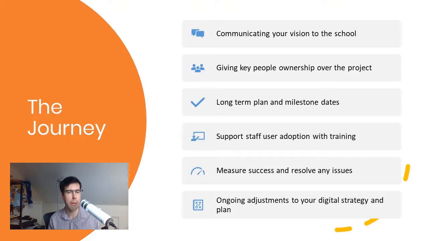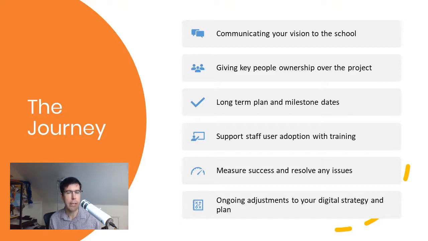they currently sit. And remember, it's not just about those tech savvy staff, it's about all of them within the organisation and not just teaching staff. So again, it might be a case you want to survey teachers to find out what their current ability level is and their confidence is, and that can help you plan that long-term strategy. So we then need to make sure that we support the staff with some user adoption training.